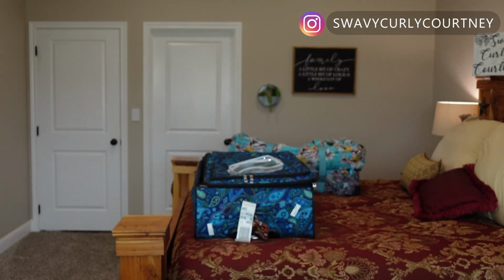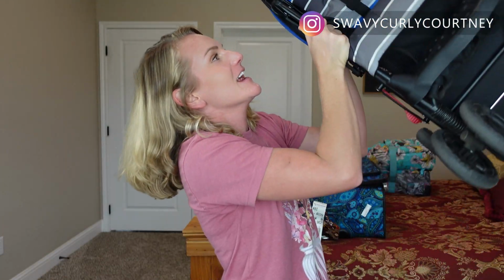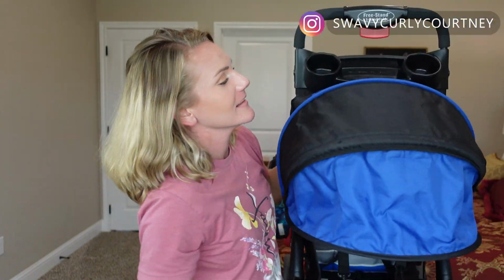Thankfully, my daughter rode through the airport in this folding stroller. You see this? Look, it folds up so small. And it's decently lightweight. Like, it's not super lightweight, but it's mostly lightweight. And it folds out like that. And there's space under here and a place to put drinks. This is the COURTNEYLF Cloud, I believe, and it's basically a step up from an umbrella stroller, slightly nicer than that, and it was awesome because I could hang my computer bag on it and roll my daughter through the